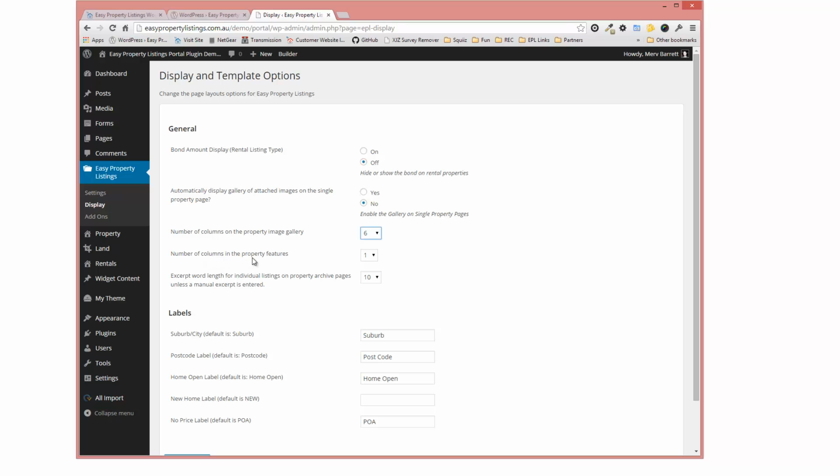And we can also set the number of property features. So this is how many columns of property features you want to appear. So you might have listings and you put in, say, 10 or 12 features per listing. You can adjust the columns there and come back and change it as you see fit to suit your display